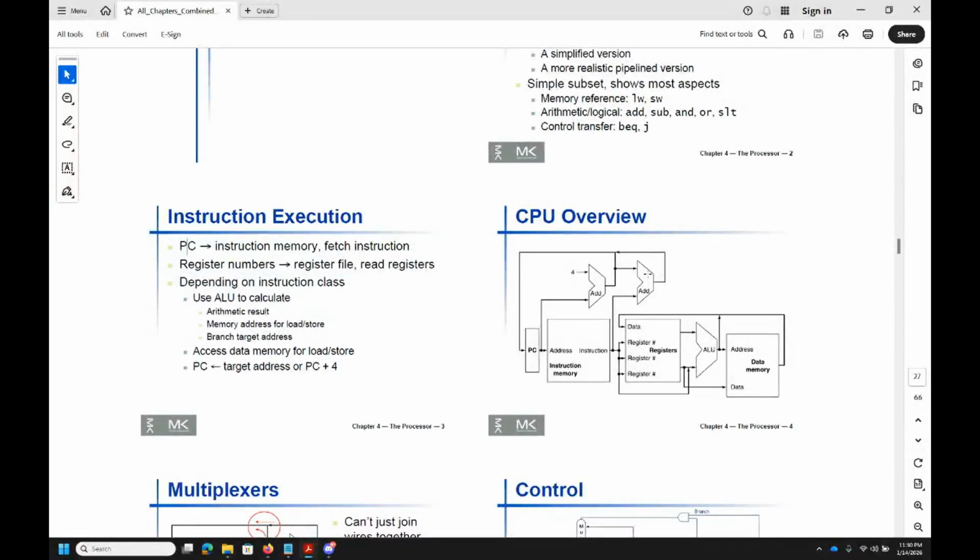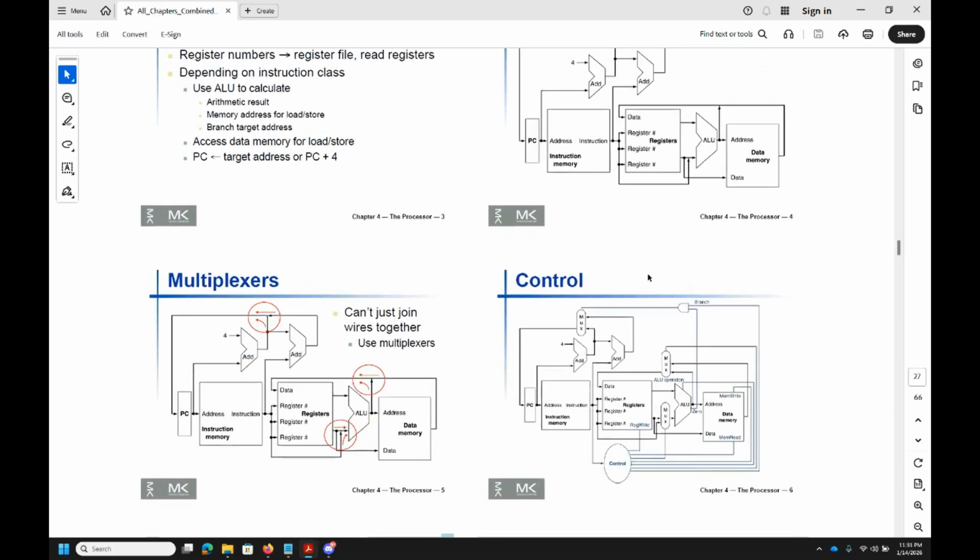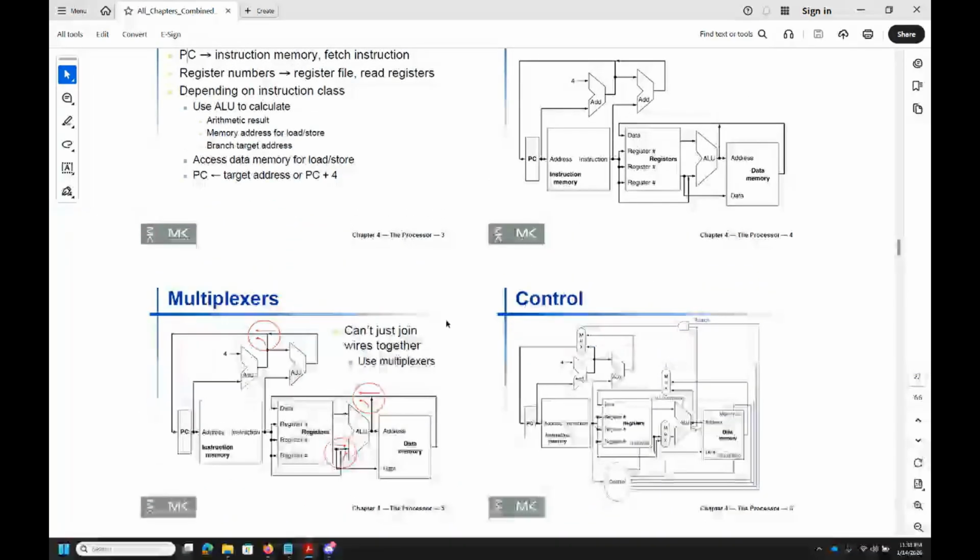And then if you have to store some data as a result of that, for example, you did add of two instructions and you want to store the result in some third register, you have to store it in the data memory, otherwise you can skip that. And by the time that the instruction reaches there, your program counter is already pointing towards the next instruction to execute. So, at this point, if you have any questions, you can stop and ask, otherwise, we'll continue from here.